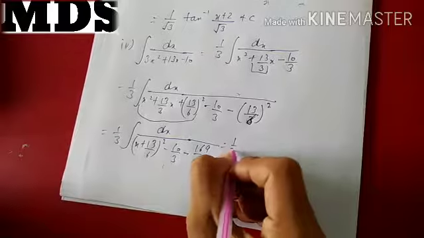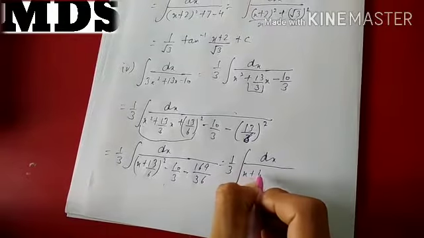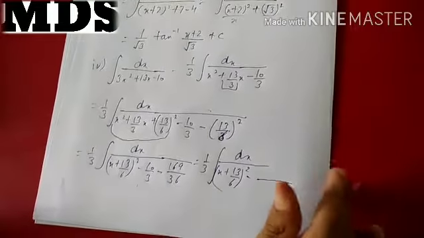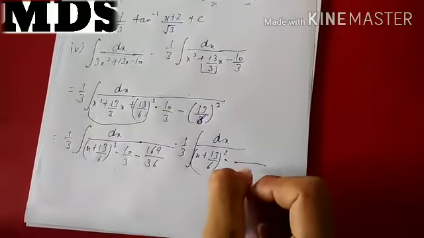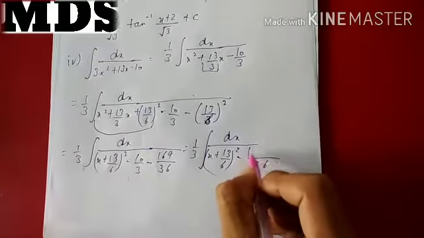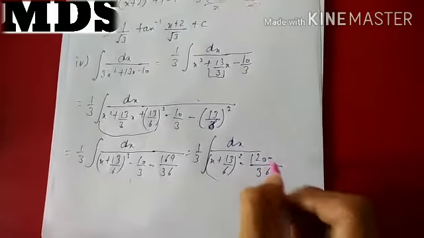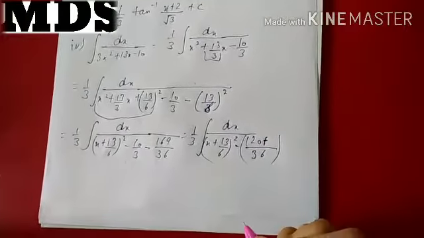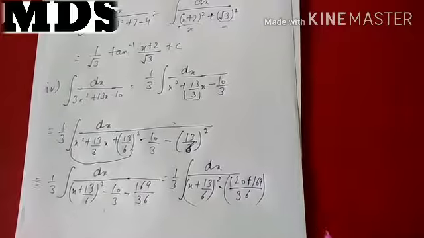What will be our next step? We will get 1 by 3 integration of dx by x plus 13 by 6 remains as it is, and this will be, first of all we will take LCM will be 36, so this will be 3 12 12 10 120, okay, and plus, okay, we can suppose this, that here we have taken minus common and we are adding it, and 169, okay.